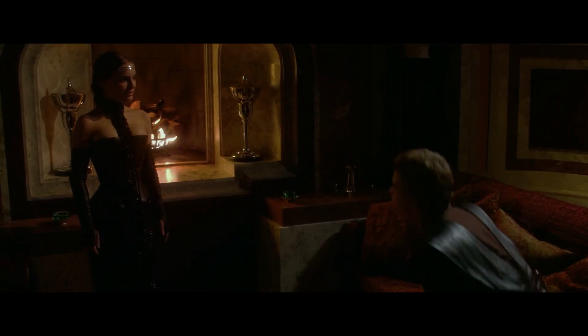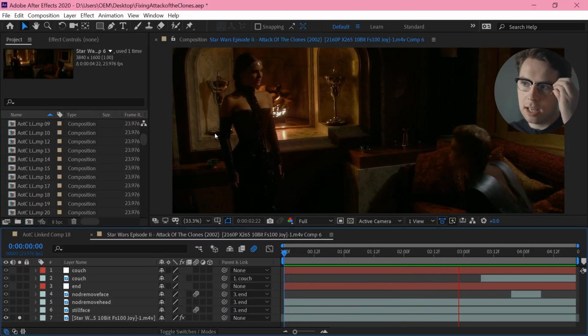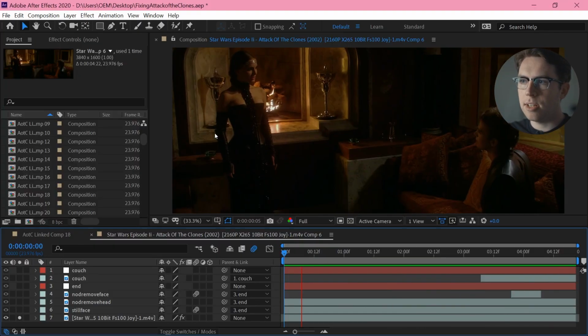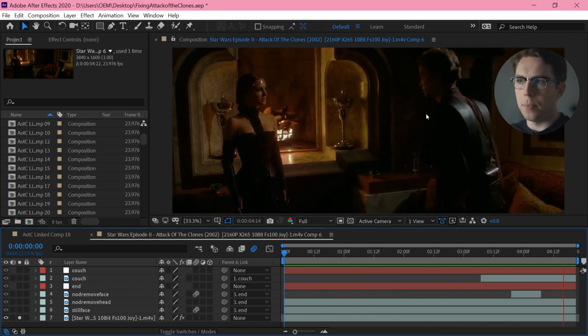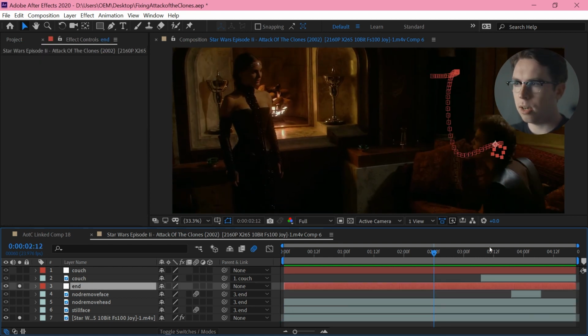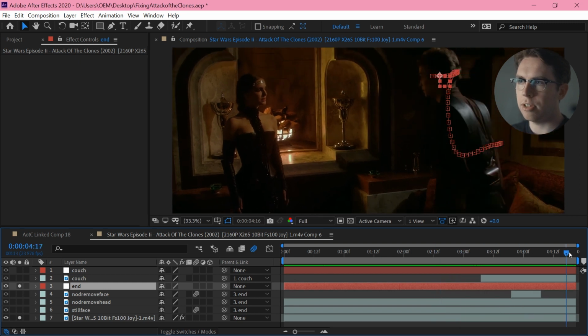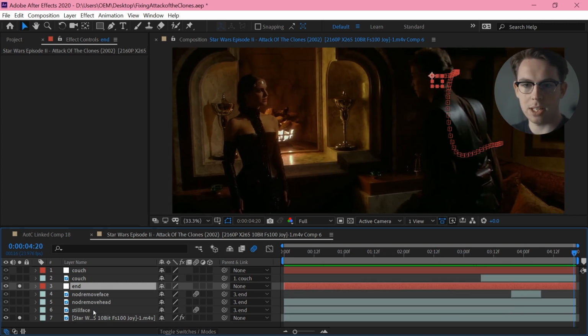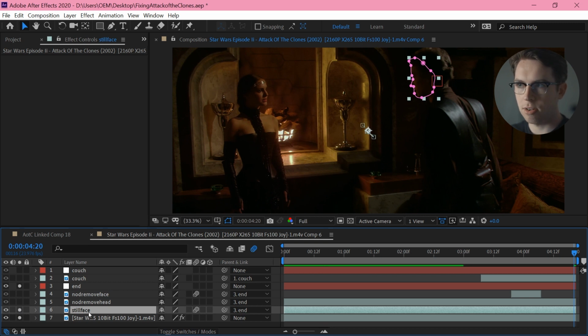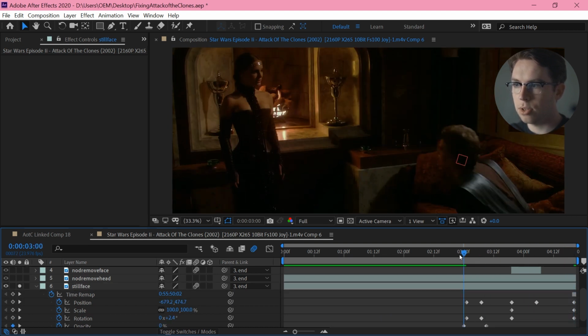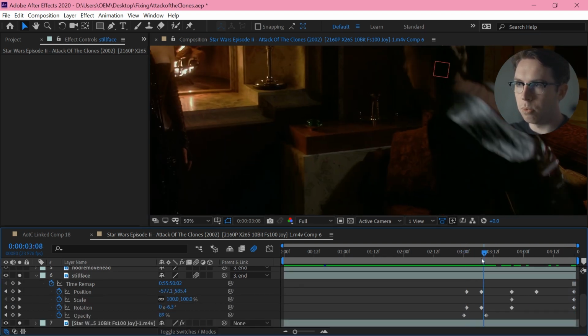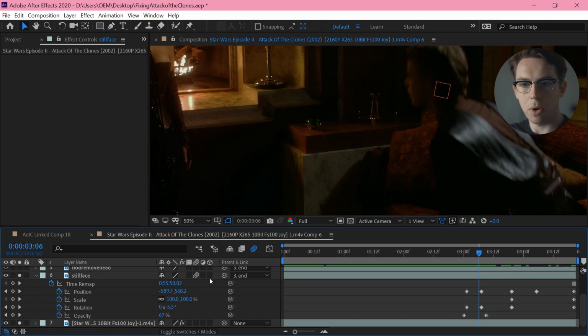So, shot 18. Padme says her line, and Anakin stands up and says some bullshit. So, obviously I just want to remove this line. As always, I just start with a motion track of his face, the general movement of his head there. And I stick on a still frame that I have grabbed from the very end, and I'm just fading that on while he's standing up here. There's enough motion blur to kind of cover up my crimes.